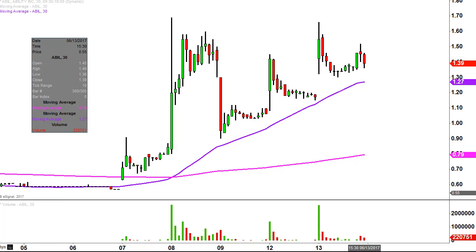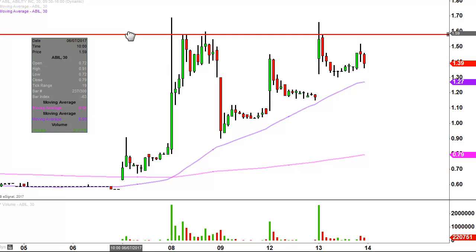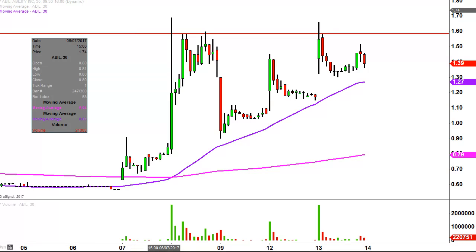What about areas of resistance? Where do the sellers seem to be hanging out? At this point in time, without question, the sellers are definitely hanging out right here around the $1.60 mark, give or take a little bit. I realize a couple of times the price went up above this area, but a couple of times the price didn't quite hit it. So if you find a common ground, kind of split the difference, $1.60 seems to be that level